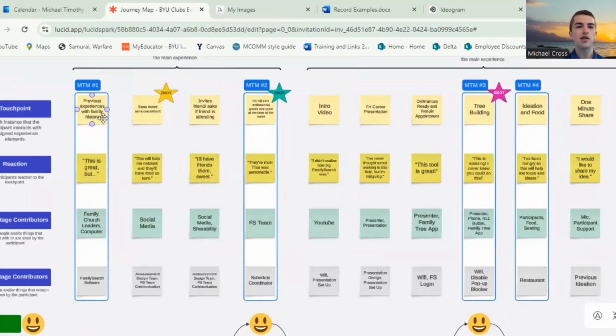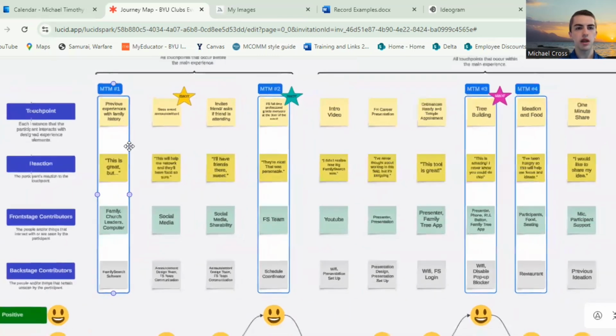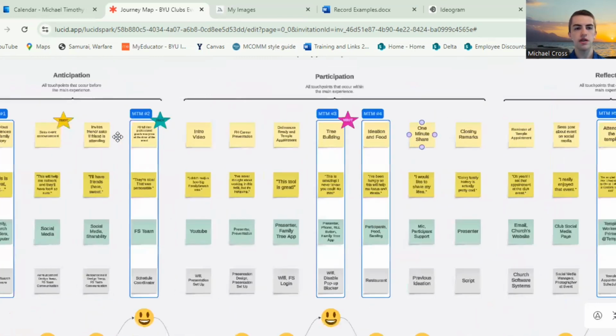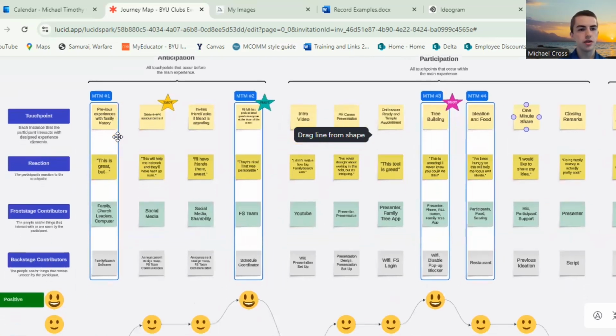However, I still like to include some of these broad points, especially towards the beginning in the anticipation phase and towards the end in the reflection phase, because it's important to consider where a customer is coming from before an experience and where they'll be going afterwards if you want them to draw back on this experience or to be excited for an upcoming experience. Okay, so as we dive into that,